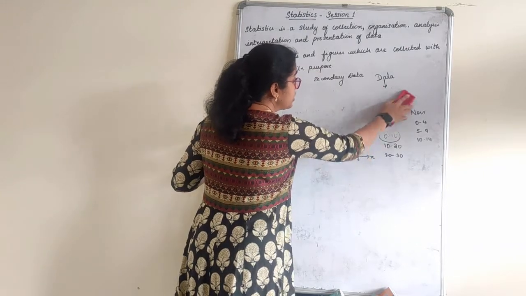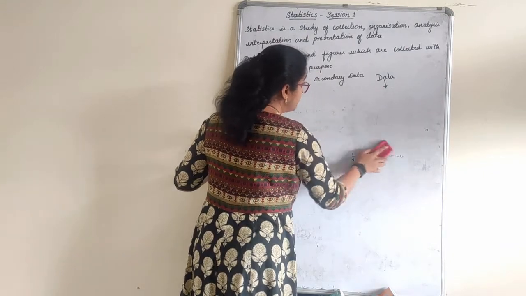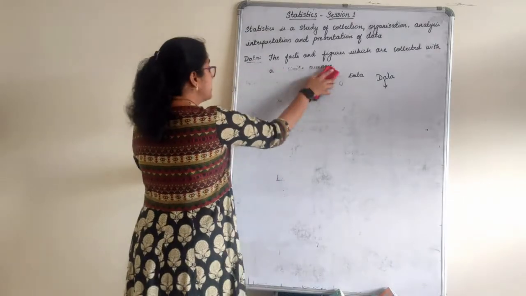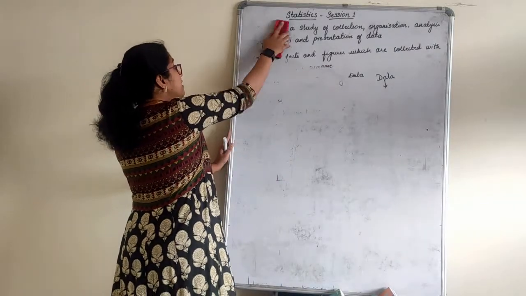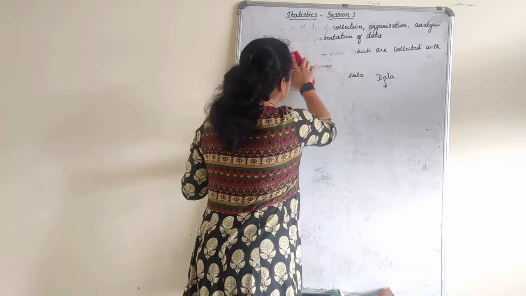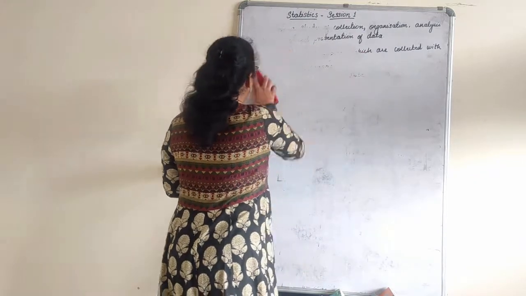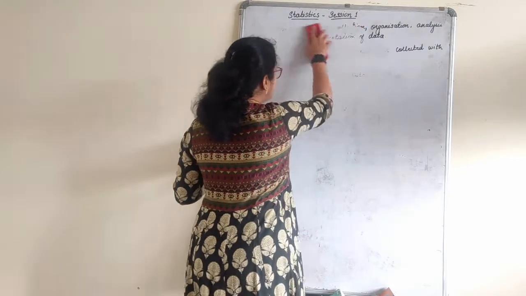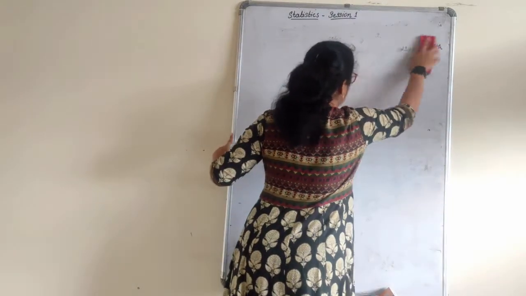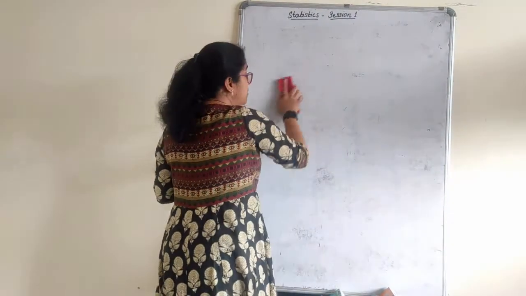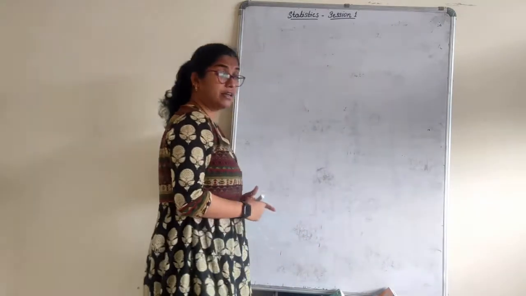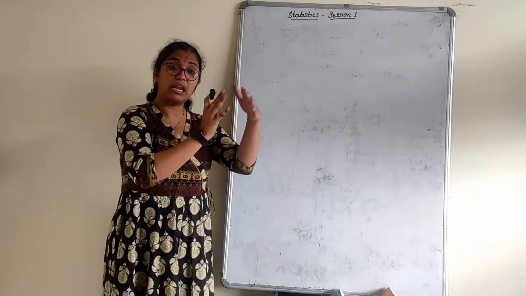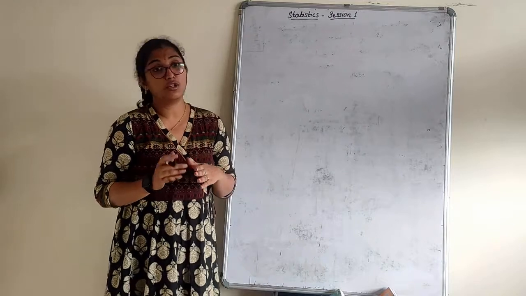Now, data collection: when we talk about two types of data, we discuss primary data and secondary data. We can also say that the data we collected is raw data or grouped data. Raw data is the random data I have collected. Marks scored by a class in the mathematics subject, that's raw data. When we group them into class intervals, that is called grouped data.